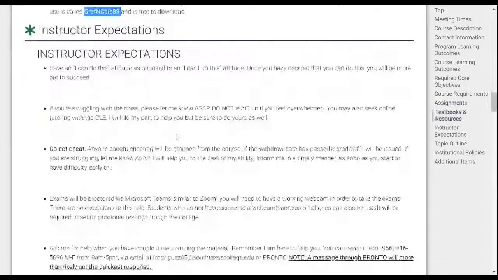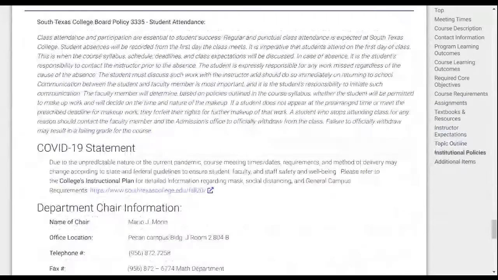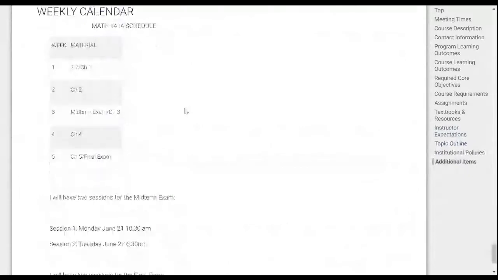Let's see. There's just some basic information here, guys. I'll let you all read through this when you get a chance. And then I'm going to scroll way down here at the bottom. So, guys, our class is a short semester, right? We started yesterday on June 7th, and we're done on July the 8th. So I kind of put what we're going to be doing each week. You can see at the beginning of the third week, we have our midterm, right? So basically 2 weeks from now.